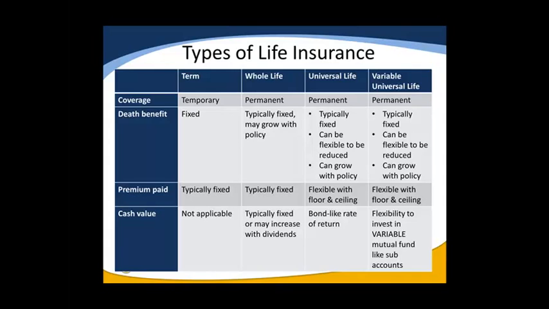Universal life, unlike whole life, has flexibility. You can increase, decrease your death benefit. You can increase, decrease the premium that you pay. You can decrease your death benefit within certain limitations if you wish to save your premiums. So if you purchase, let's say,